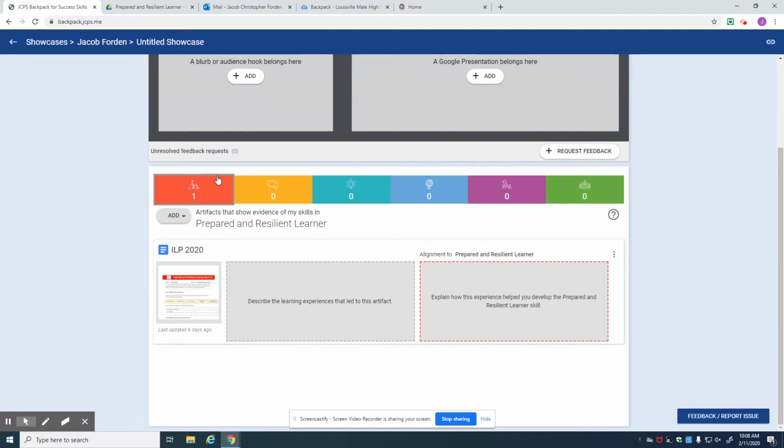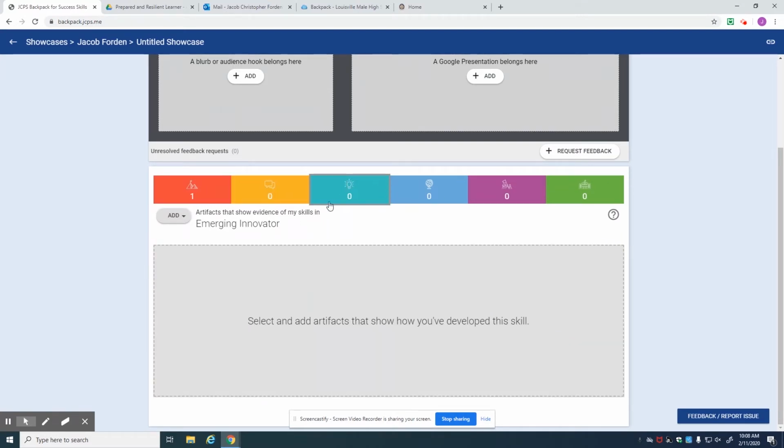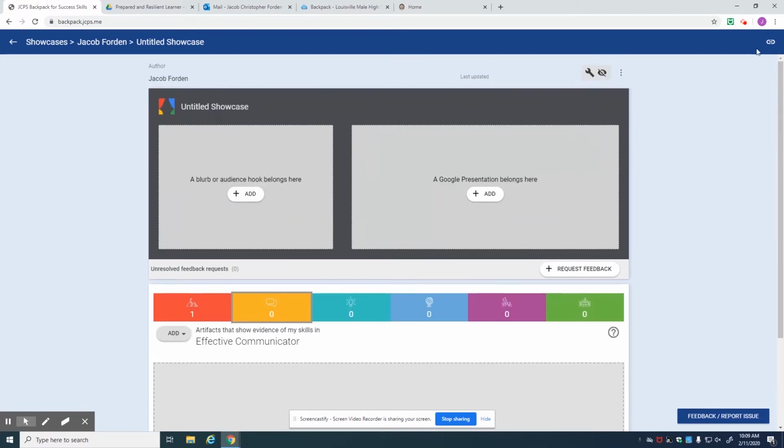Once you're done with that, you'll repeat that for all of your folders, and you should have 2 for each one. So you have 2 for prepared resilient learner, 2 for effective communicator, and 2 for the rest. When you're done with that and you have everything all ready and complete for your defense, you can press this click copy a link to this page, and it will copy the link, and with that link you'll send it